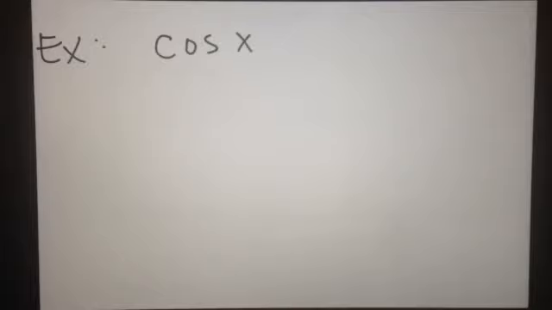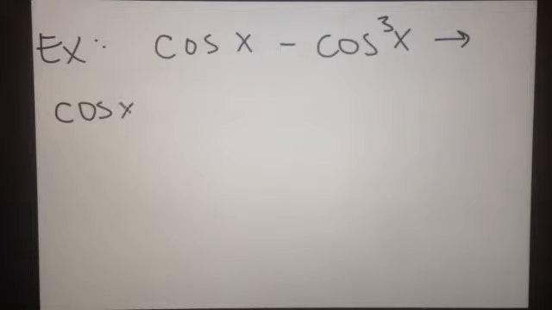Cos x minus cos to the third x. So what cos to the third x means is that it's cos x times cos x times cos x. There are 3 of them being multiplied together. So I'm going to go ahead and factor this problem. I can see that both of those pieces have a cos x in common. And when I